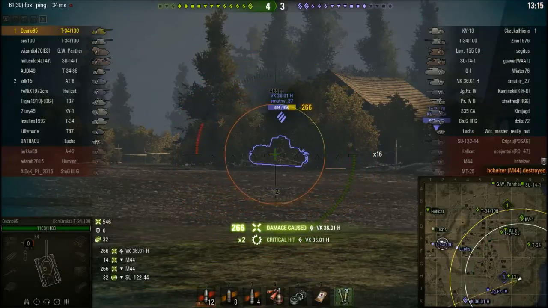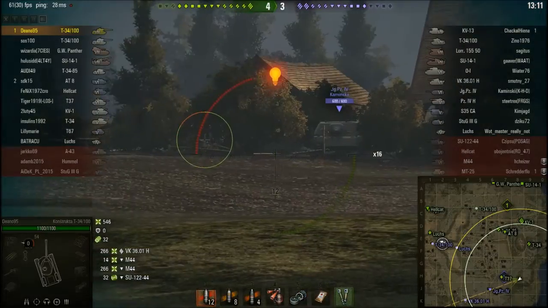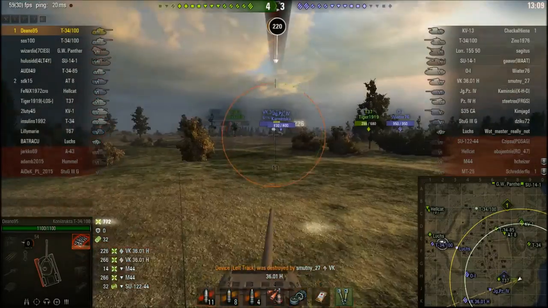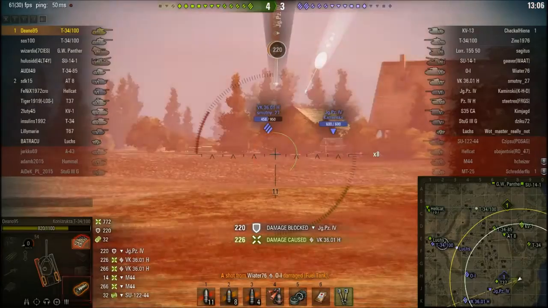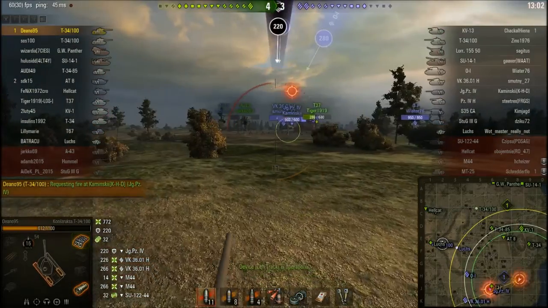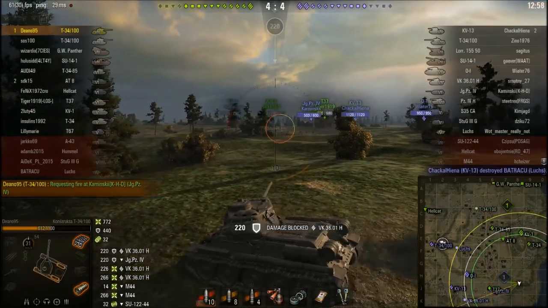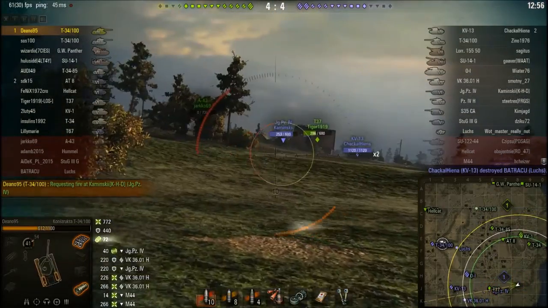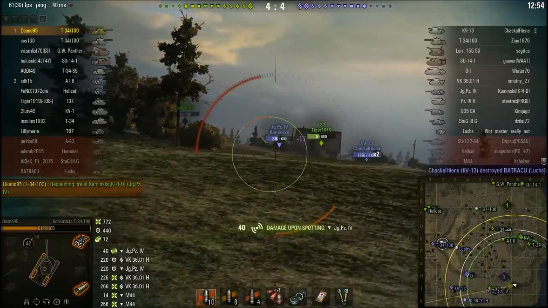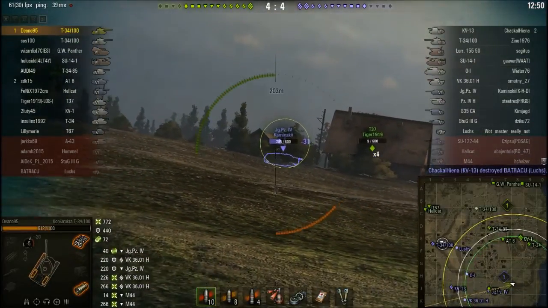Put a shot into the VK3601. Really easy to pen with this amazing gun. As I got used to this thing, I just ended up liking it more and more. And now I'm just getting kind of wrecked. And from there, I know the OI is carrying the 105mm gun and not the 150, because he only did 300 damage instead of doing 700. Now I'm just going to poke out here because the T-37 effectively saved my ass